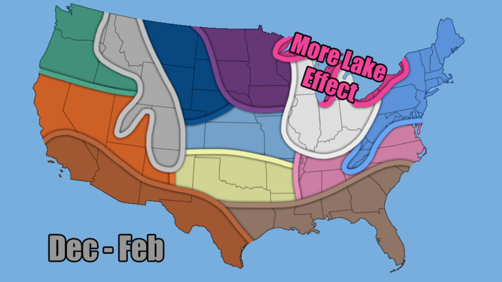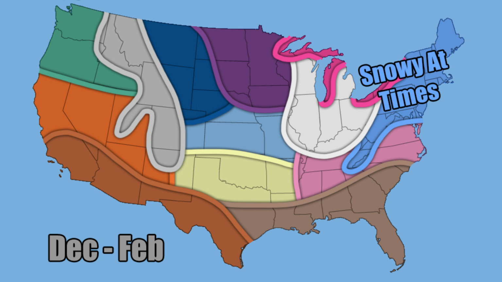So we're seeing very warm lakes right now because of that very warm summer. So it's going to take a while for that to get down to the freezing mark, and then I think once it gets to the freezing mark, it's already going to be spring by that point, and it'll start to warm up again. So I think you will have more lake effect snow in these regions,